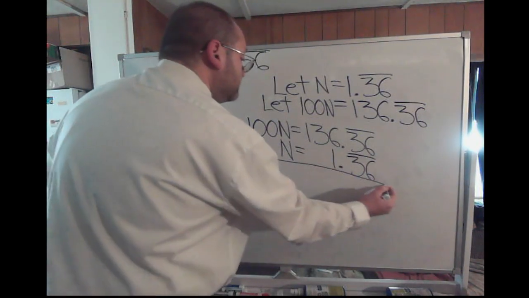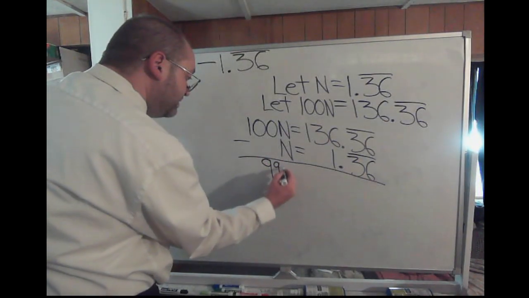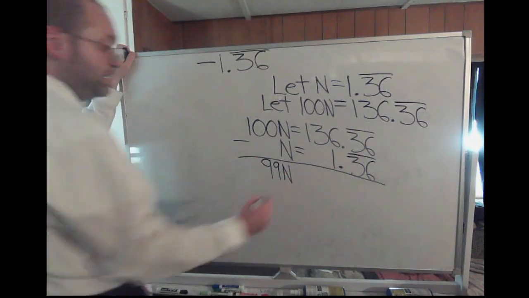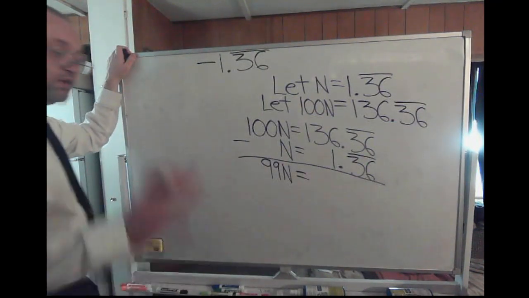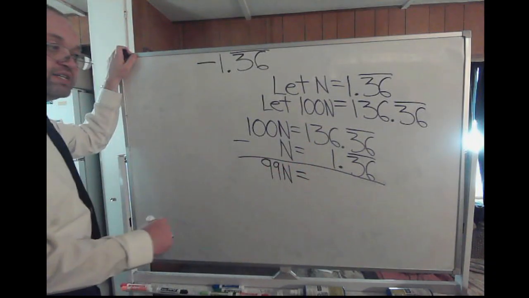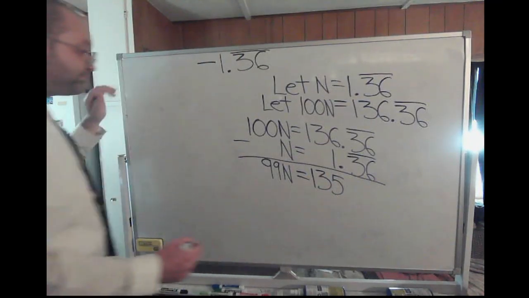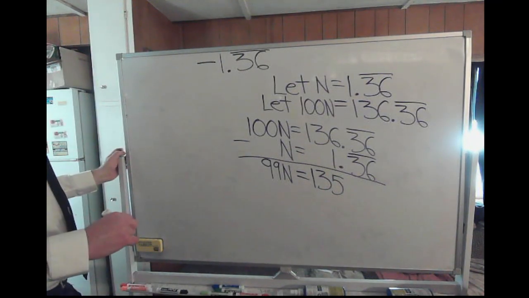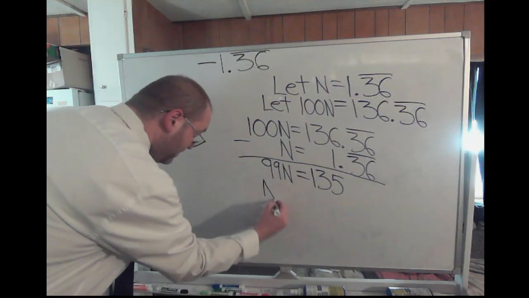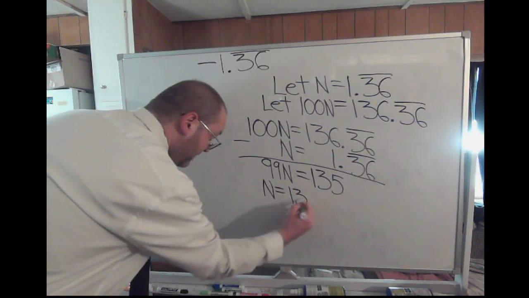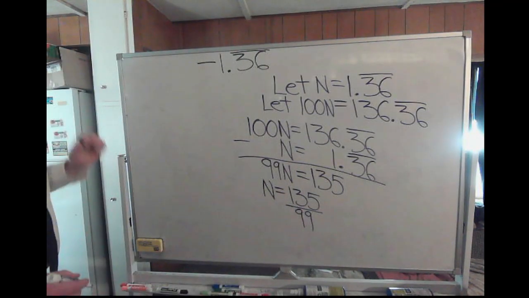Okay? So 100n minus n, that's going to be 99n. That's going to equal, well, the 0.36 repeating minus 0.36 repeating, those disappear. You just have to worry about 136 minus 1. That'll give you 135. Now what you're going to have to do, divide both sides by 99 to get your fraction. You'll get n is equal to 135 over 99,